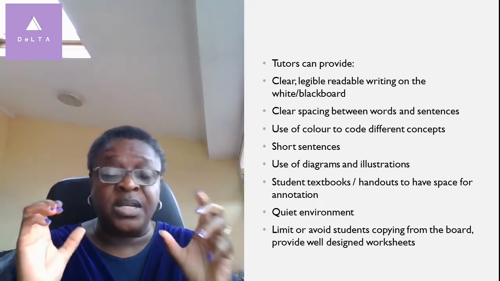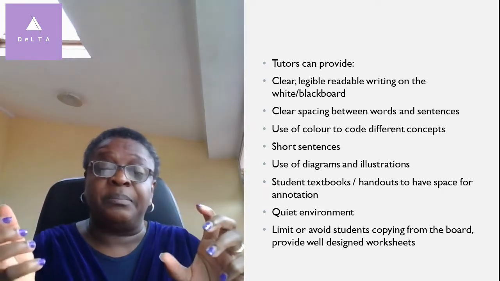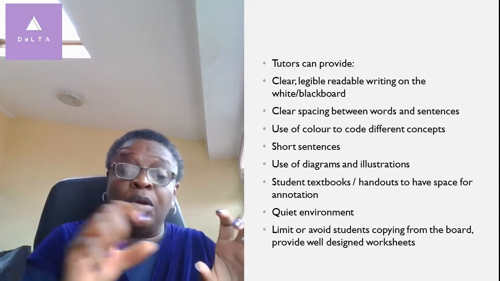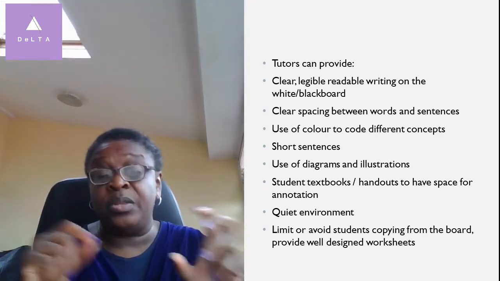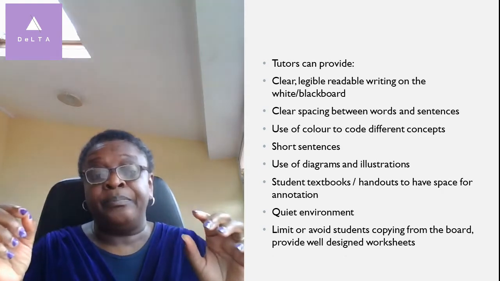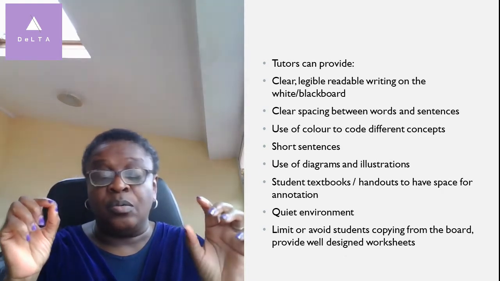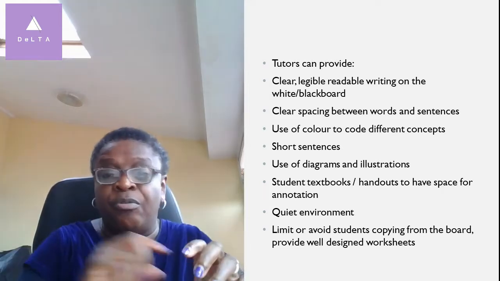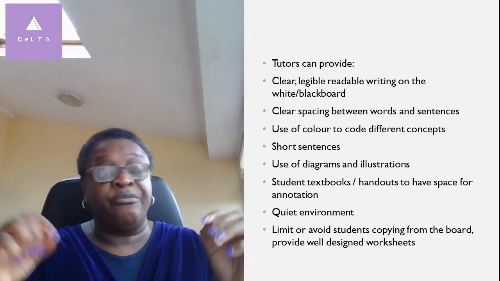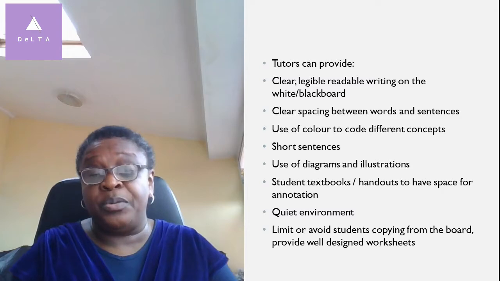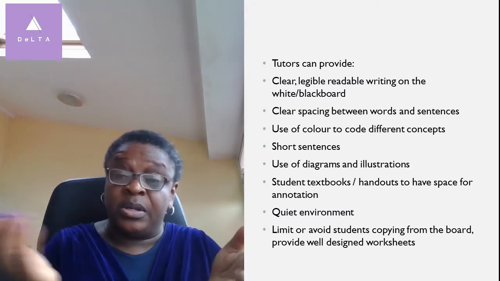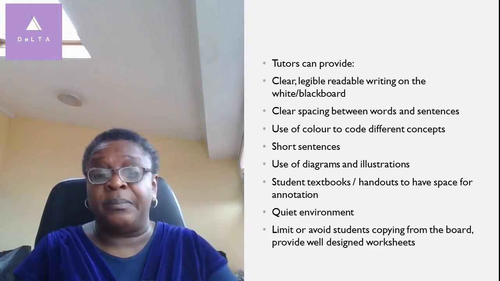Also the use of color coding. So if you're talking about 2 or 3 different concepts in your teaching, you color code all the areas to do with each concept. So blue runs along with everything to do with rivers, for example, and green runs along with everything to do with vegetation. If you were teaching geography, again, it will help the learners to make those visual connections in between those concepts.